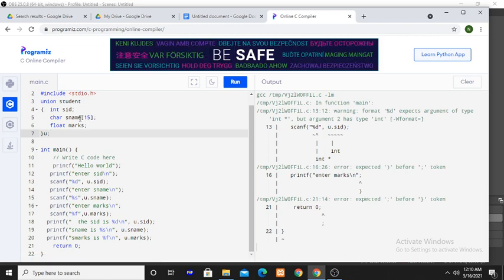Only one location will be created, and in that location you need to store the union members one at a time, not all at a time. So here enter SID, U dot SID: SID is stored in the memory location created by the union. Next you are reading the name of the student, so now it is overwritten.